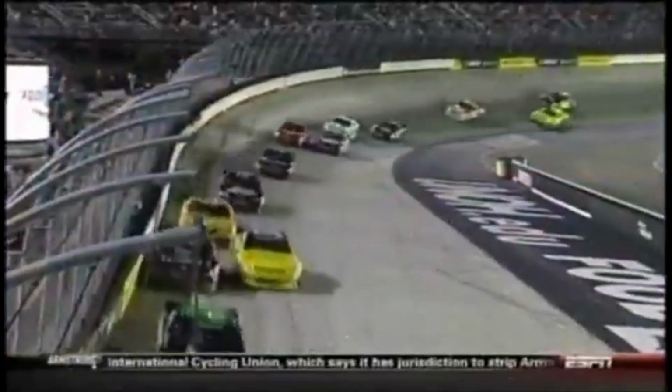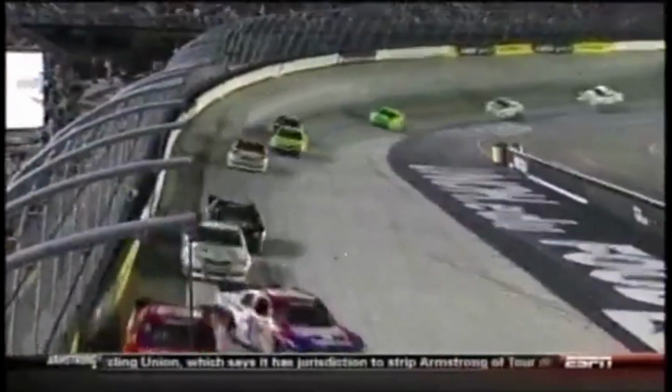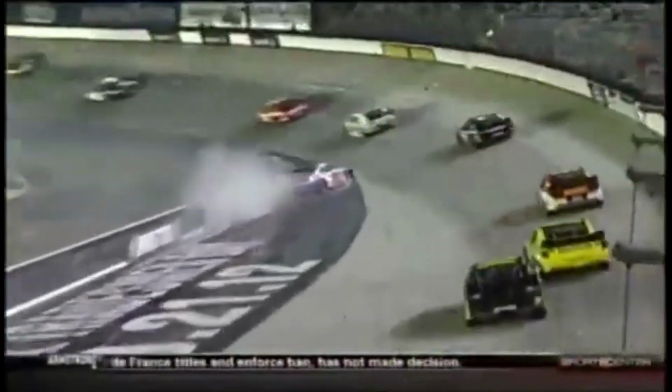What happened? NASCAR now saying that they'll use this as the competition yellow since it's so close to that 50 lap mark. Yeah, that's a reason for a caution there. But